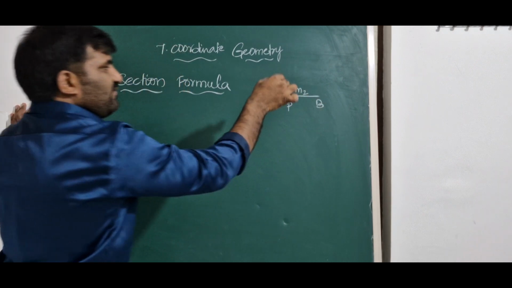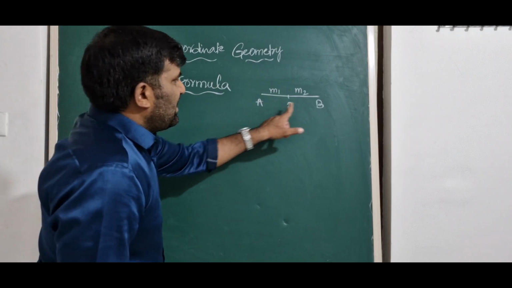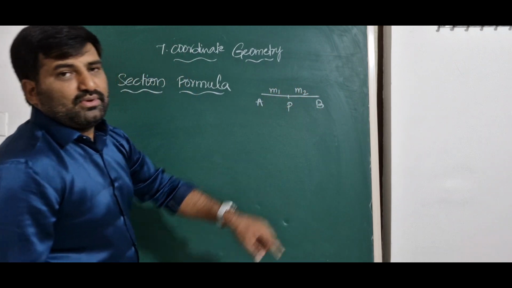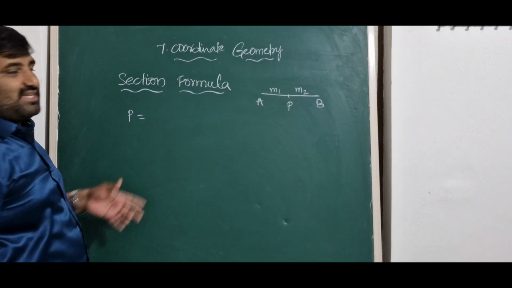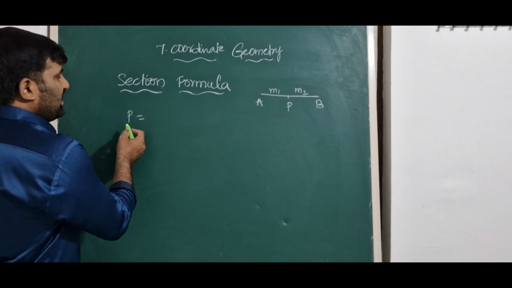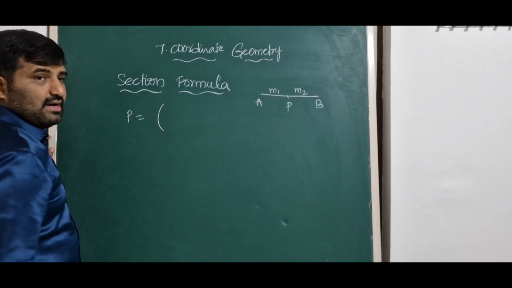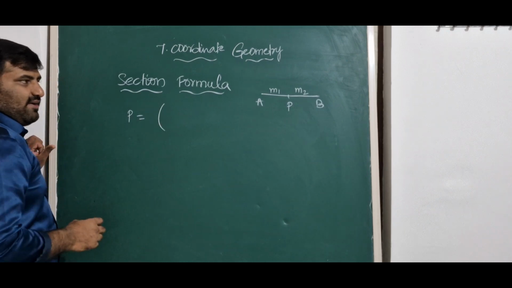In some books you have M is to N, that is also fine. The point P is dividing the line segment AB in M1 is to M2 ratio. To find the point P, we have a formula, that is the section formula. Section is nothing but dividing into parts. So see how we will find the point P when point P is dividing the line segment in M1 is to